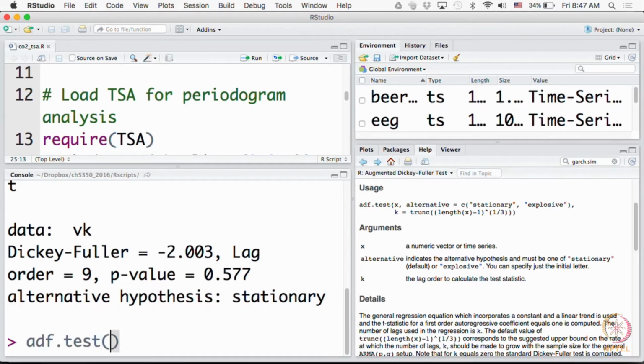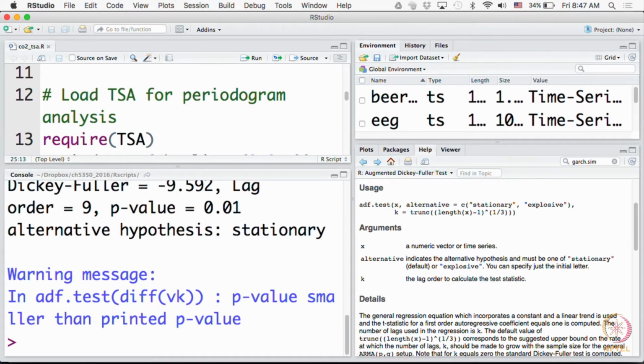Obviously, you will be curious to know what it has to say about the difference series. What do you expect now the result to be? Right? So, now it is 0.01, and typically if you choose alpha as 0.05, then you have to reject this null hypothesis. Of course, it just sits on the borderline there, with alpha equal to 0.01, but the p value has to be lower than your alpha, it cannot be exactly equal to that.